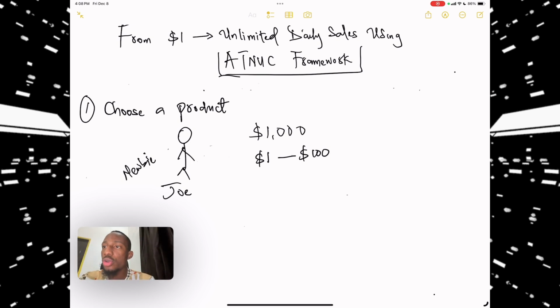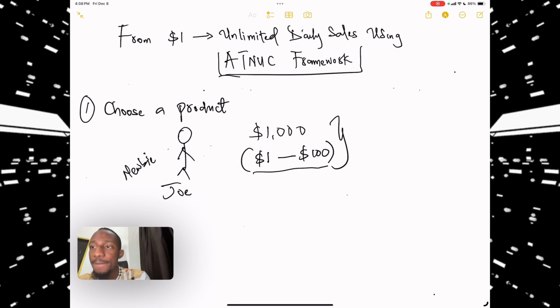So my counsel as a complete newbie is to pick a product that is within this price range. Even if you're not a complete newbie, if you have just a few track records here and there, you want to focus on this. But the amazing thing is that products here, while it looks like it's a bit cheap, gives you the opportunity to have more turnovers. So imagine selling to an average audience that can afford a product of $1 to $100, selling 500 units of it.